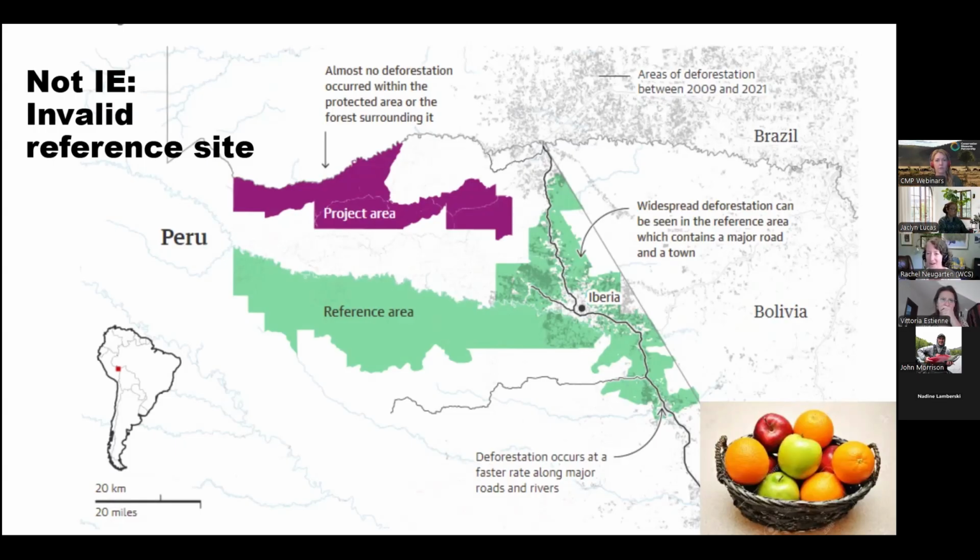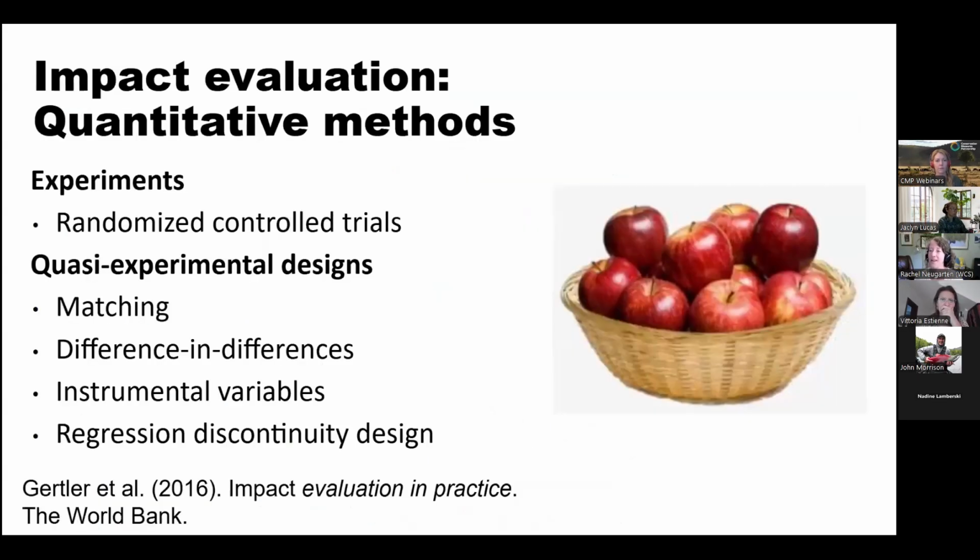Okay, so I think I've made this point about apples and oranges sufficiently. All right, only 2 slides on methods, I promise. So this is where we try to go from an apples and oranges comparison to an apples to apples comparison. The classic example from scientific methodology is the use of a randomized controlled trial. These are extremely rare in conservation, at least for these large scale interventions, right? It's possible to do randomization at the plot level or the local scale for certain kinds of interventions, the effectiveness of invasive species control, for example, but at a large scale, when you're talking about creation of protected areas or creation of carbon offset projects, it's really not feasible in most cases to randomize.